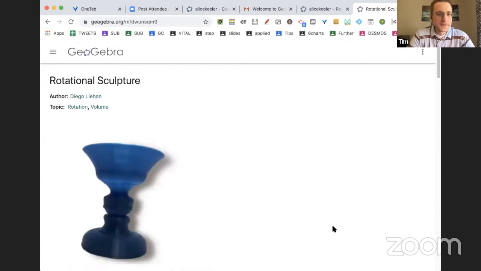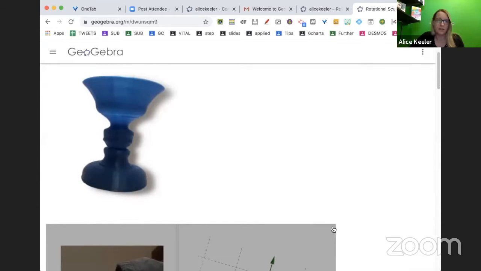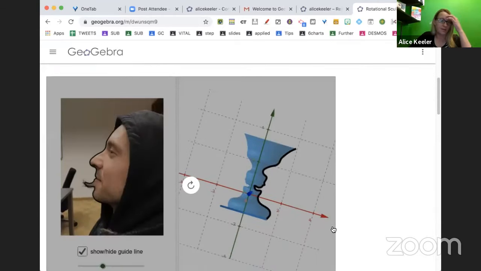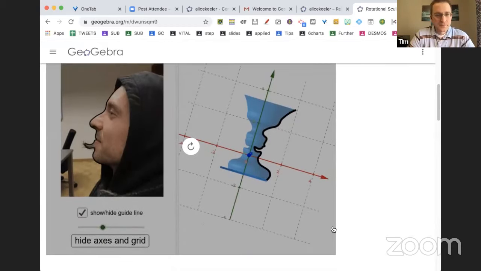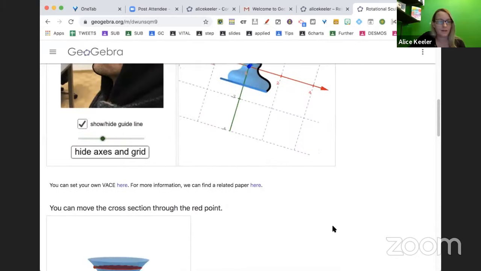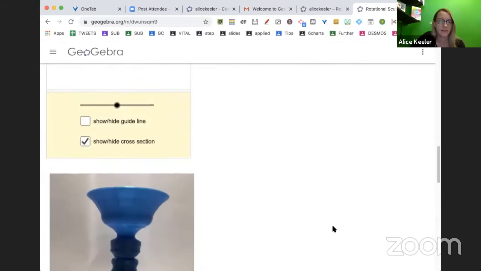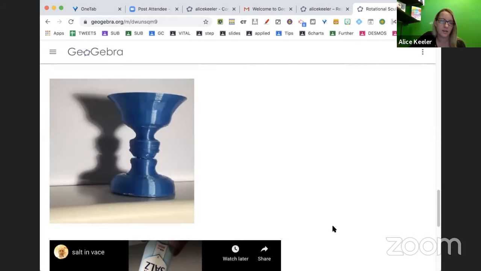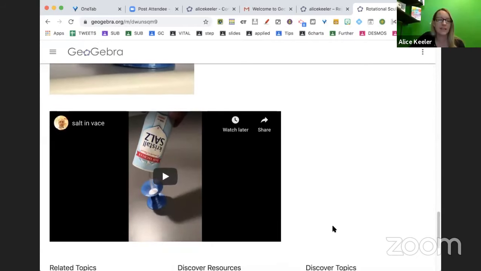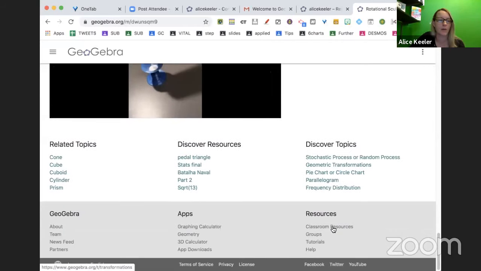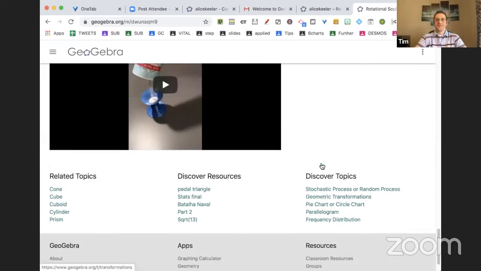Why not? Okay, so I've got this rotational sculpture. Oh, that looks fun. Look at that. He took a profile of his face and he made a vase out of it. Right? It's pretty cool. And then he's got a cross section. And he sent it to a 3D printer, I bet too. Yeah. We're not getting to this in this 3-part series webinar. Not today. But just to show you,